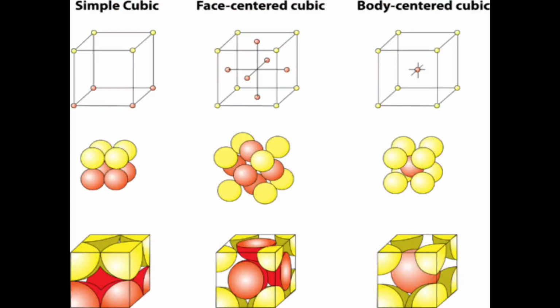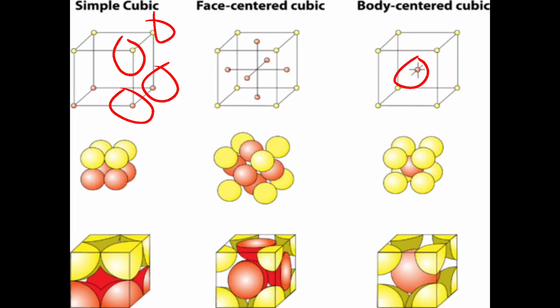Now if you see a simple cubic lattice, what is it made up of? It is basically made up of atoms only at the corners. Like if you see, they are there only at the corners. Okay, that is a simple cubic lattice. When you see a body centered, atoms are there at the corners, but there will be one at the body center, like this fellow. Okay, you need to observe the structures properly.